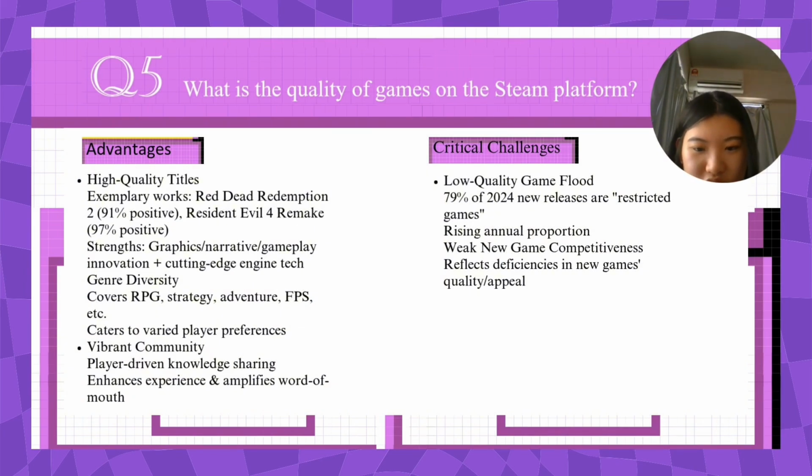However, Steam also faces challenges. Metacritic ratings show that the quality of platform games varies, with only 3% acclaimed and 22% badly rated among the new games launched in 2024. 97% are static games with empty content. New games are not competitive, and players only play for 50% of the time. The future of the Steam platform needs to strengthen game review and encourage high-quality development. Only in this way can this game treasure truly shine and bring more high-quality experiences to players.